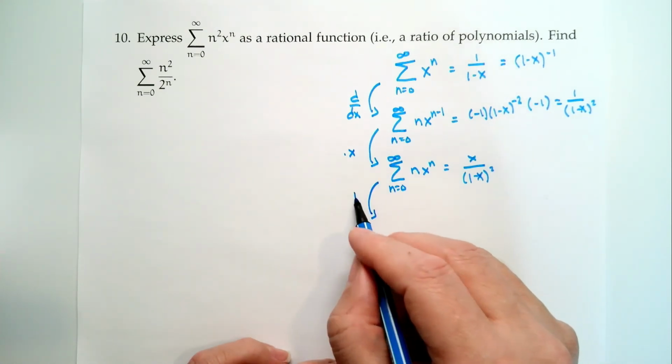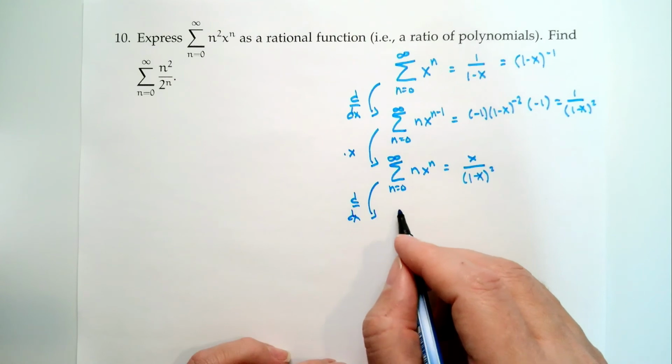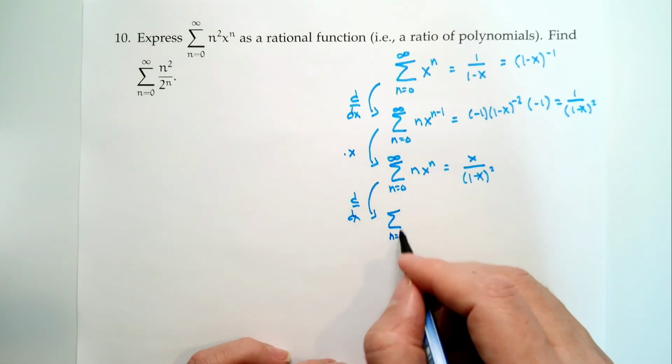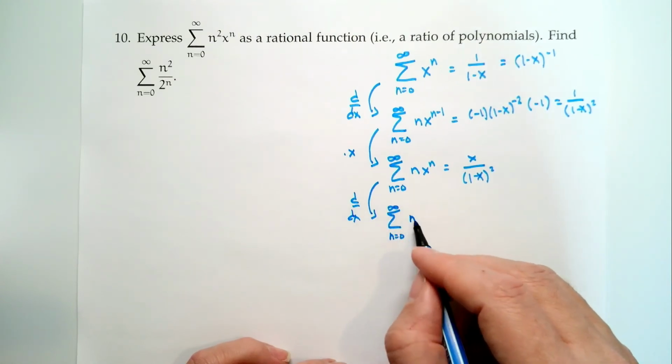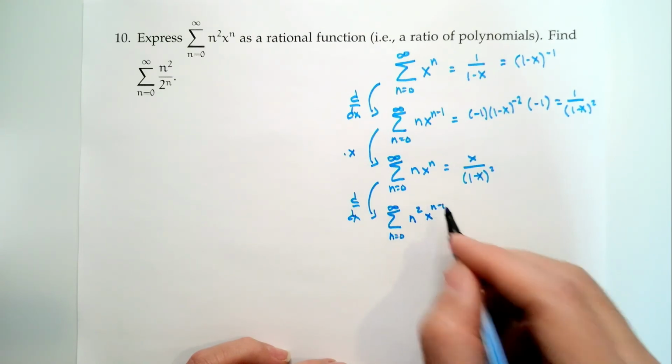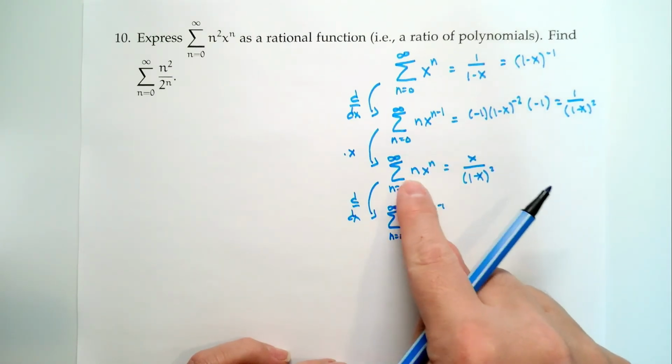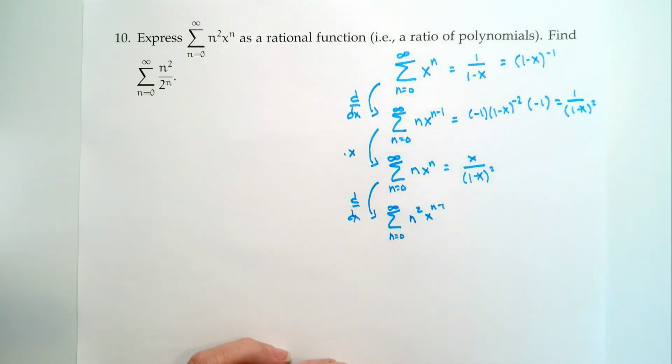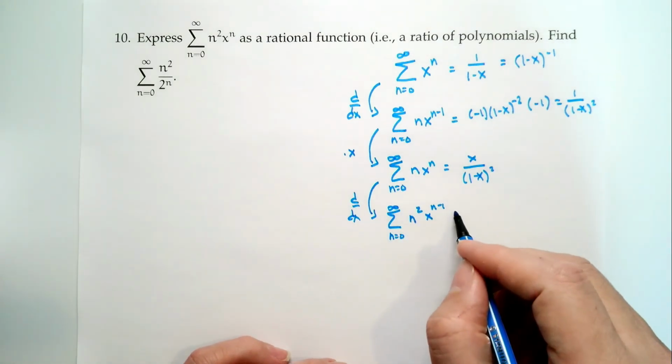So, take a derivative. That'll give us the sum from 0 to infinity of n squared times x to the n minus 1. Right? Why n squared? Because the n comes down, n times n is n squared. All right, on this other side,